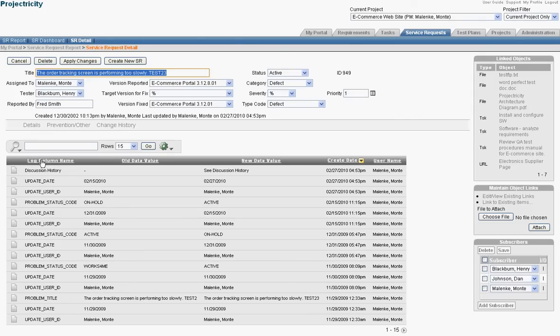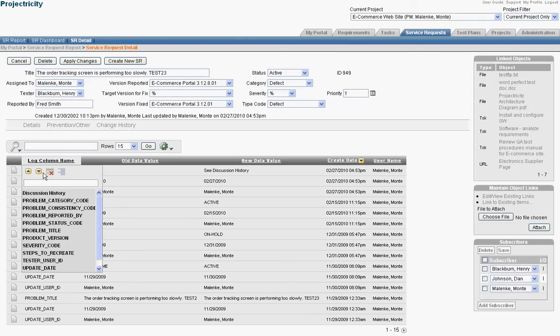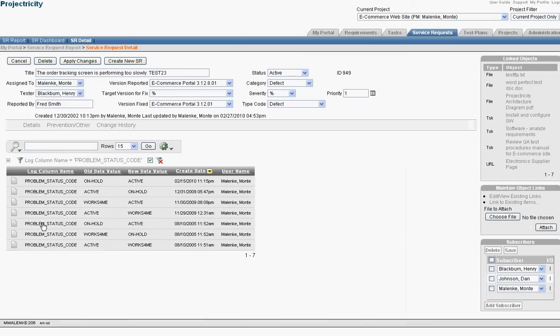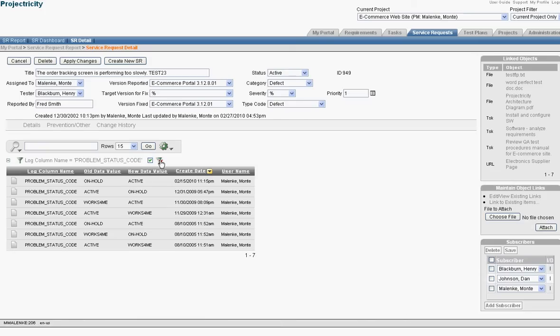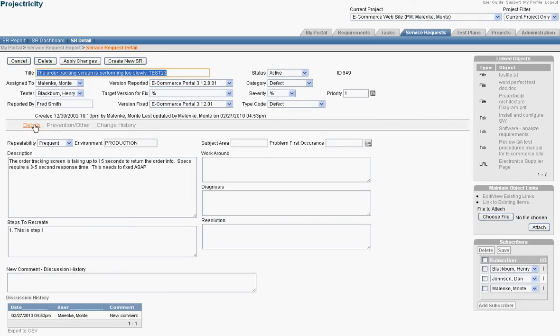But what this would allow us to do is, say, just view maybe changes to the status. I can filter on that, and I can see the chronological progression from one status to the other, who did it and when that was done. And I can even turn off that filter and turn it back on if I like, or remove it altogether. So going back to the detail view,